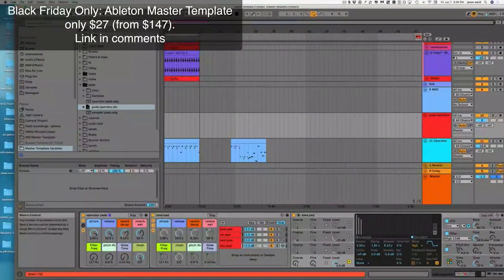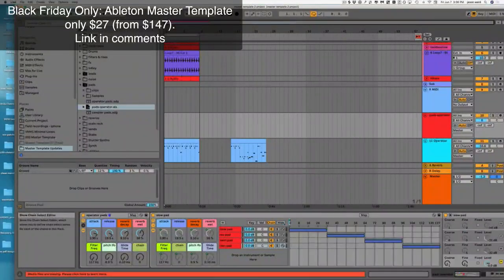So here's our chain. If you notice over here, this chain selects the different sounds. So I created 4 different pad sounds with the operator that I think you'll find pretty cool. So let's go ahead and play around with that here. What I need to do is just arm this track and